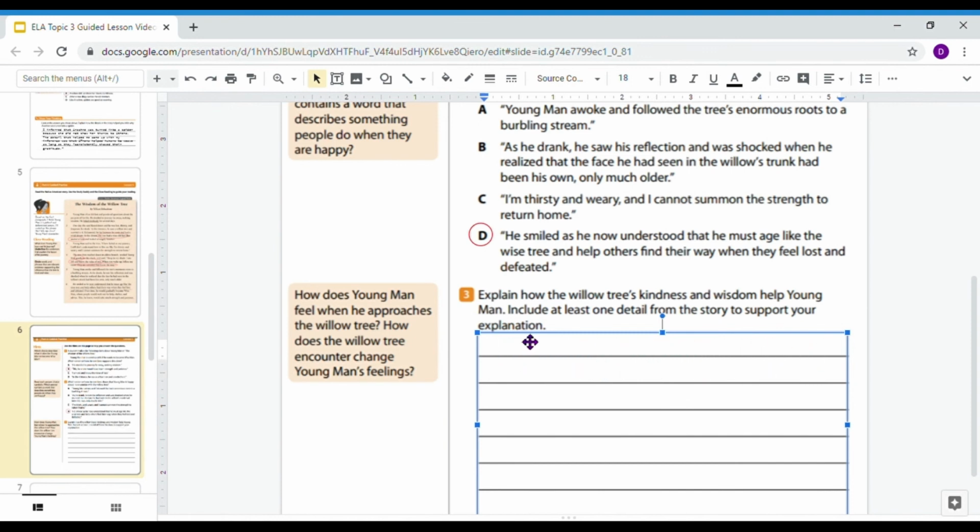Ready? Explain how the willow tree's kindness and wisdom help young man. Include at least one detail from the story to support your explanation. So this hint right here is super helpful. And it says, how does young man feel when he approaches the willow tree? How does the willow tree encounter change young man's feelings? So first I want to focus on how he felt when he first encountered the willow tree. So when young man approaches the willow tree,